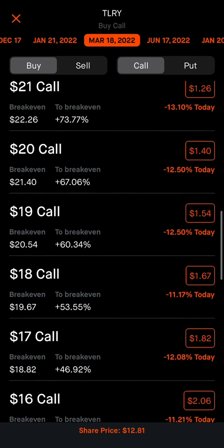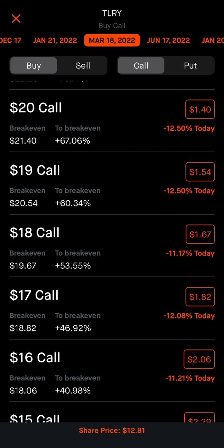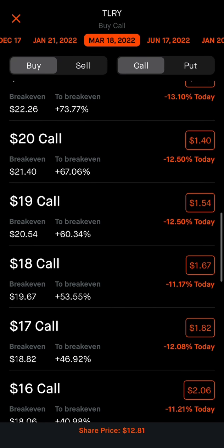If you have a little bit more money, then I would look at something like the $18 call, which is only $167 per contract. All right, expiration date March 18th. So you're going to be holding this one a while, at least to like February or January. You probably want to be holding this one until. And it's only $100,